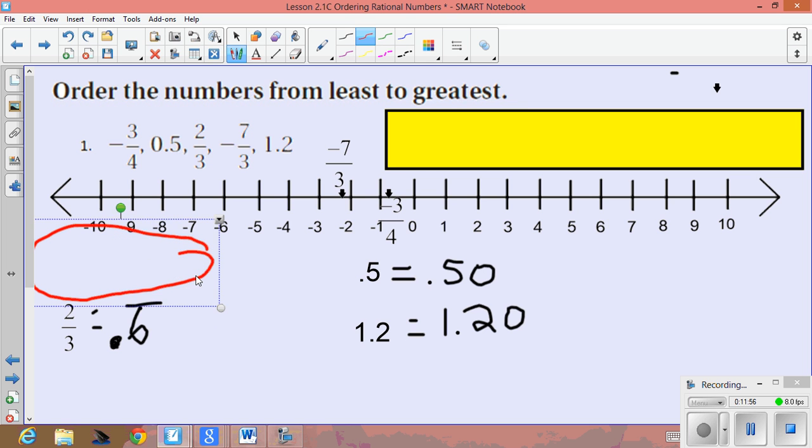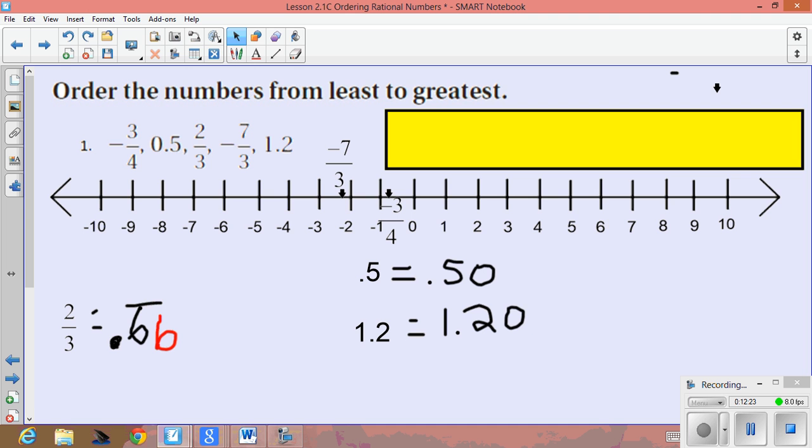Okay, and now I'm going to take a look at my three positive numbers. Remember that the 2/3 repeating, the next digit that comes next is a 6, not a 0, because in this case, this number here repeats. So this looks like 50 cents, this looks like 66 cents, and this looks like $1.20. So going down the number line, I'm going to take the smallest number, which would be 0.5 or 5/10, which is